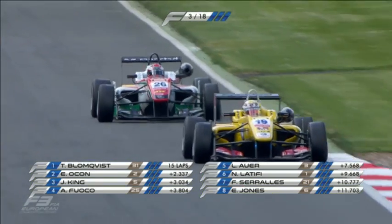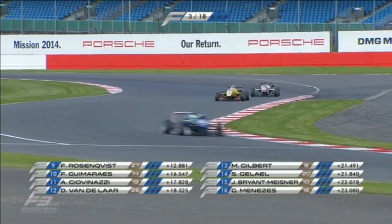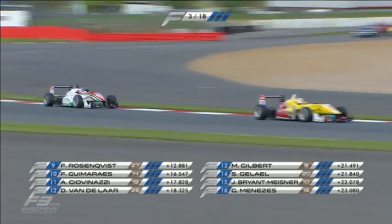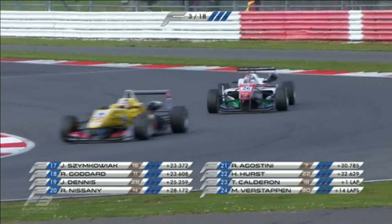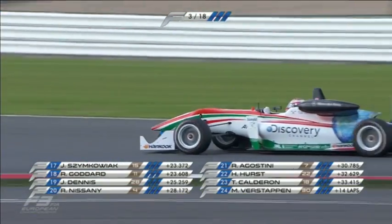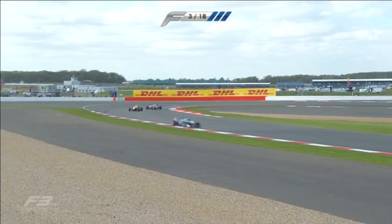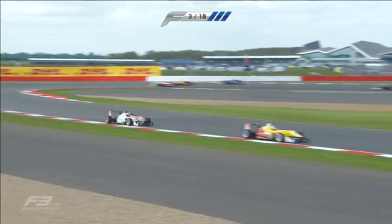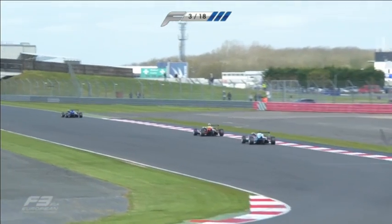15 laps complete now, and there we have that little battle going on. Still trying to get themselves onto the tail of the man in the blue car with Gomares running in the final point scoring position in 10th place. There he is, Dennis van der Laar, having a couple of good laps to get him in contention here. Just can't quite find a way through at the moment,